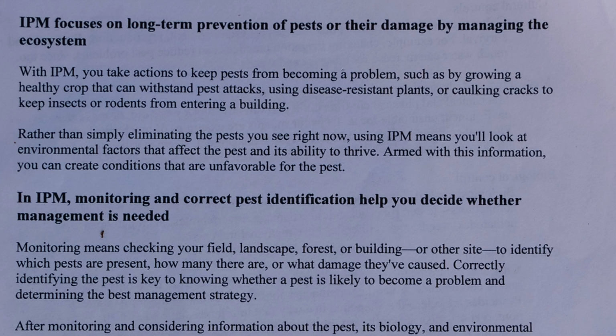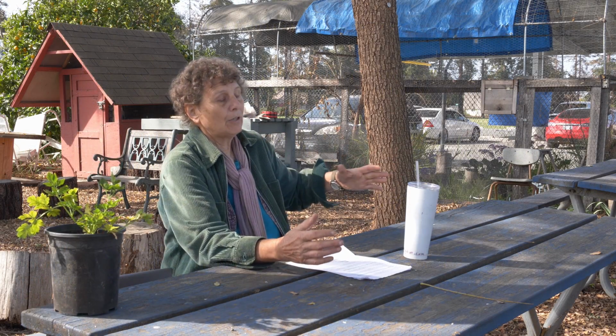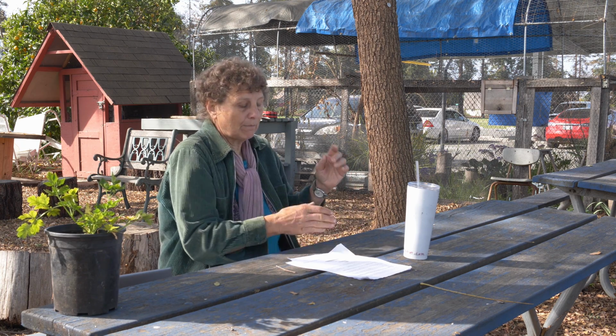The thing was, if you can sanitize, like say a bug lays its eggs in the ground, and then you clean up, or you take plants with the pests and the eggs and you throw them in a black garbage bag or a clear plastic garbage bag and seal it, you've solved the problem. You've sanitized it away. If you don't bring in a buggy or a diseased plant, you've caused the problem not to even happen. So looking at the most long-term way you can possibly stop it is the first level,